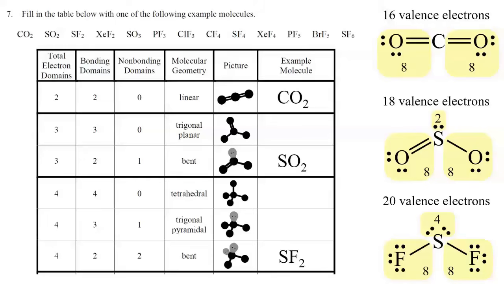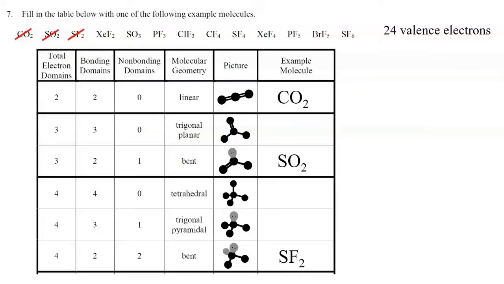But if I have a total number of valence electrons that is not a multiple of 8, I can think in terms of the leftover electrons being placed on the central atom. So far, I've shown you 3 example molecules in which the total number of valence electrons was 16, 18, and 20. The next number I'm going to take a look at is